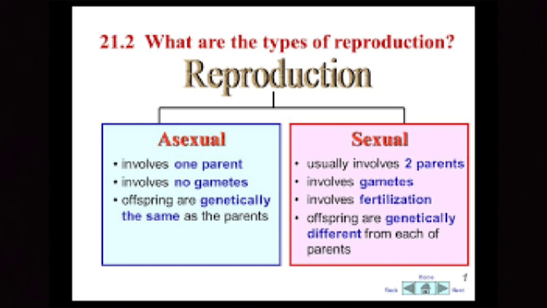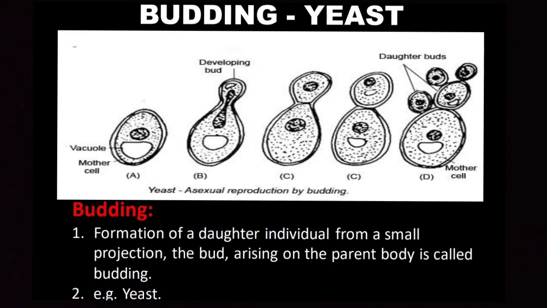These whorls are arranged from outside. The typical flower consists of the following parts. The first one is calyx, the second one is corolla, the third one is androecium, and the fourth one is gynoecium or pistil. Calyx consists of sepals, corolla consists of petals, androecium consists of stamens, and gynoecium consists of carpels. So: sepal, petal, stamen and carpel.